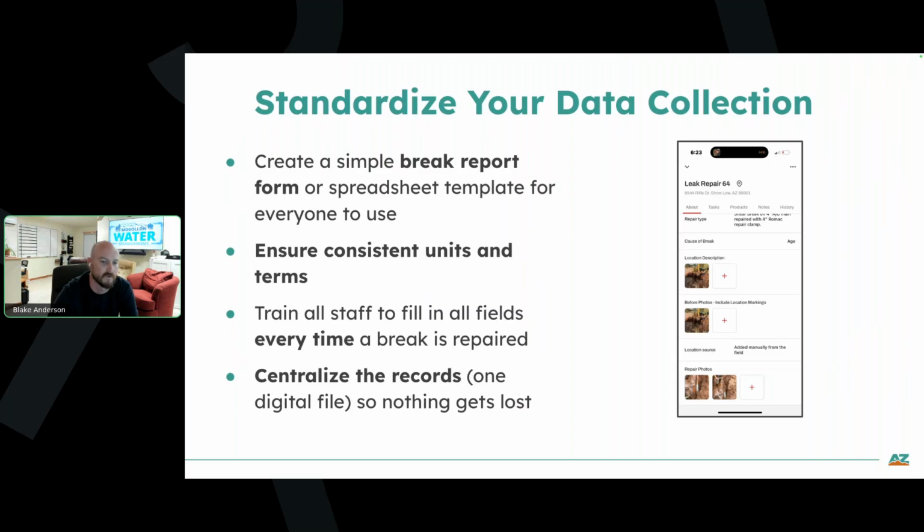And so the result of that is you start seeing this positive feedback loop. Because they're collecting good records, they now have those records for the entire system at their fingertips, which makes it easier to go find a pipe that they don't know where it's at in the road. If they can pull up measurements really quick and not have to spend a bunch of time exploring for it, they can get the job done faster. But it also incentivizes them to keep the records, because their coworkers are also relying on their record keeping to help them on the next leak that they do. And so there becomes this accountability cycle that comes from the bottom of the organization up, rather than coming from the manager down and saying, hey, you got to keep all this paperwork.